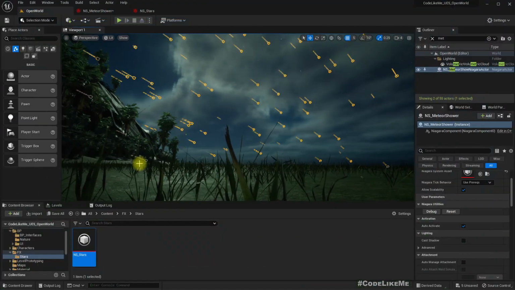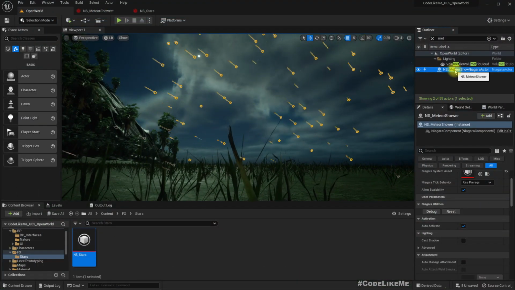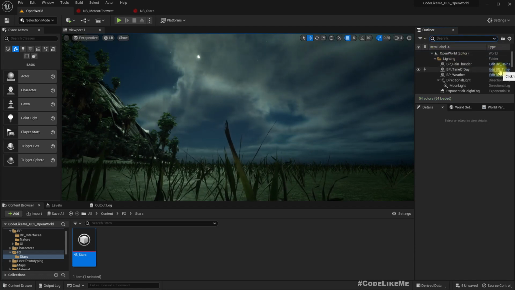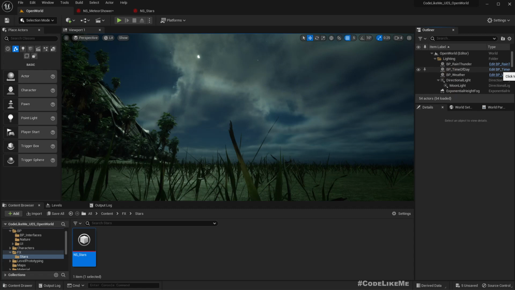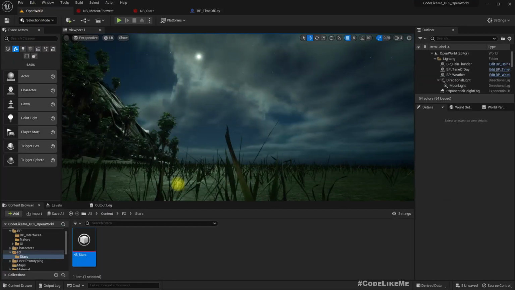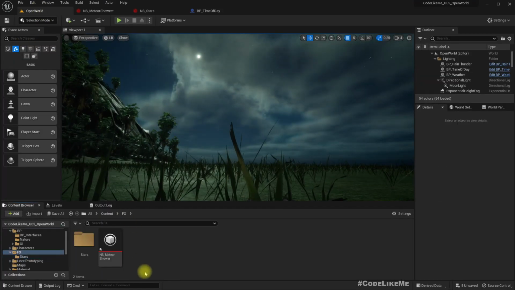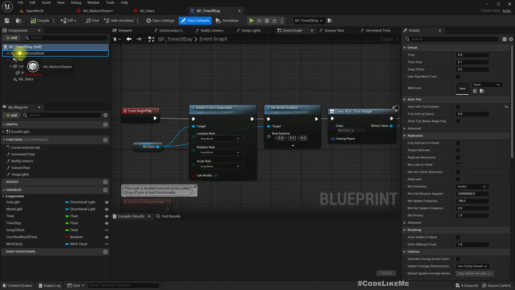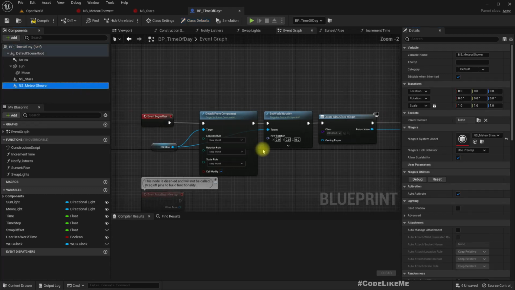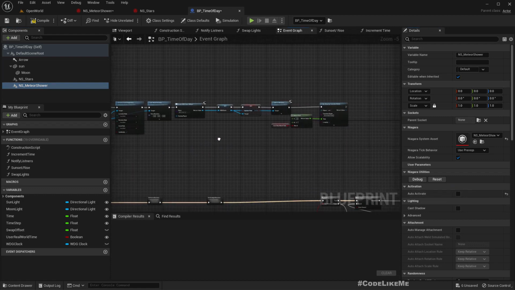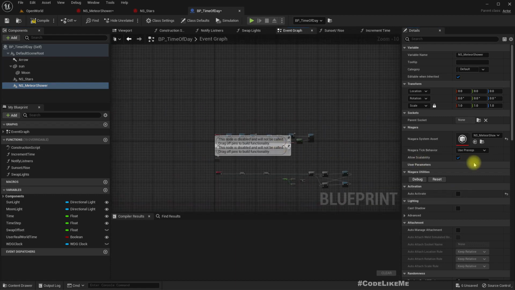Okay, now let's implement how to disable it. So for that, as I said, we need to remove this from the level and open time of day. Just like these stars, I'll add meteor shower into the blueprint. This should be disabled by default, and